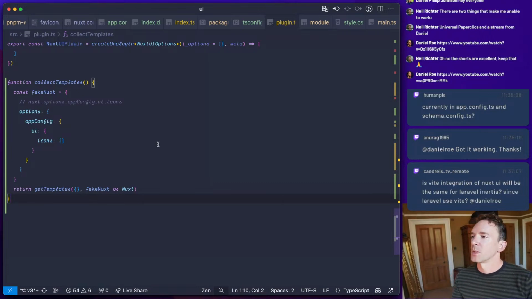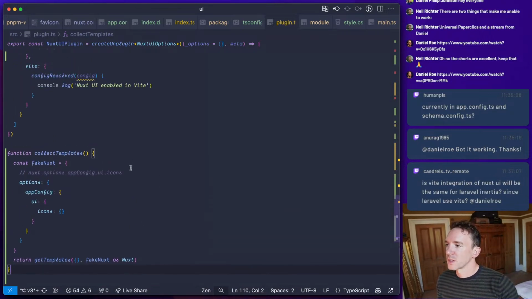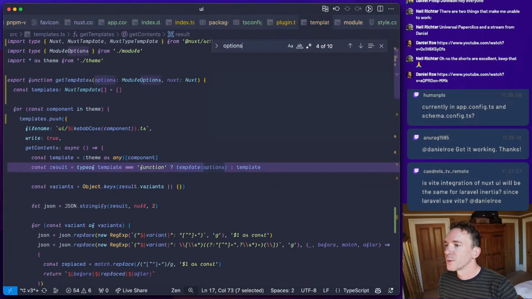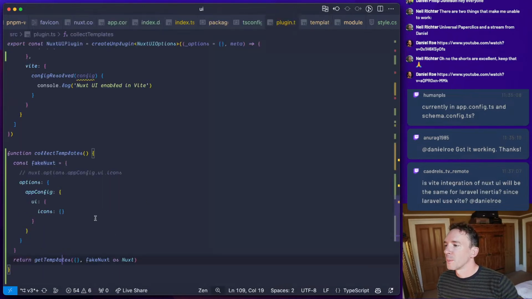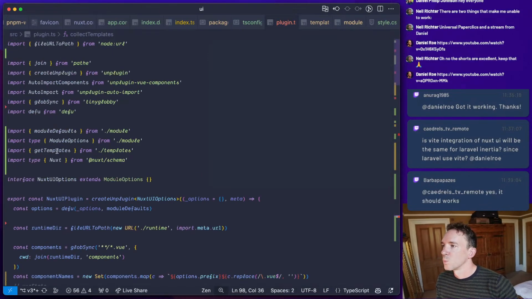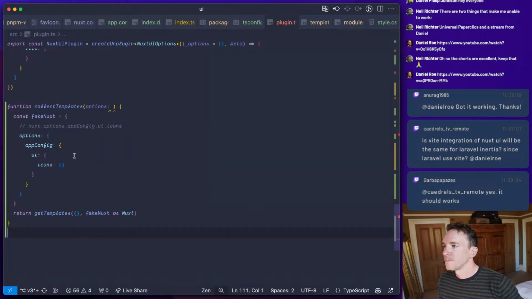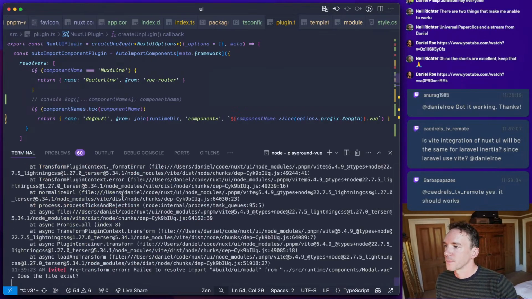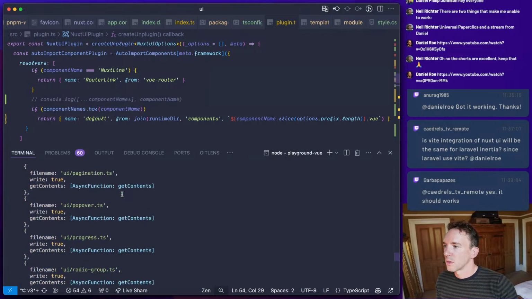Good. So what we want to do is, I think we probably have to support the app config before we do any more templating. We also have to have our options. So we're going to pass in our options here. We're going to call this next to our options, and pass them in here, and pass them in here. Right. Let's try that. Okay, good.